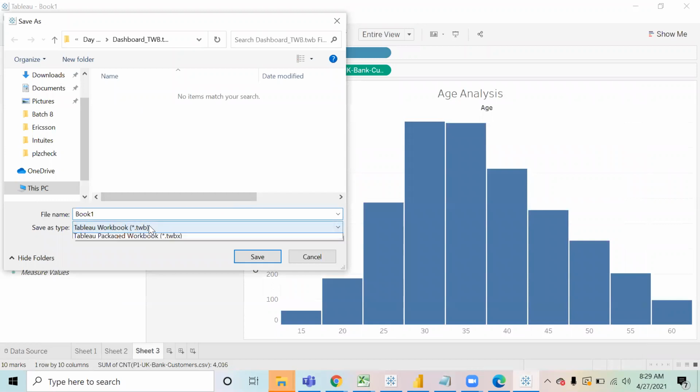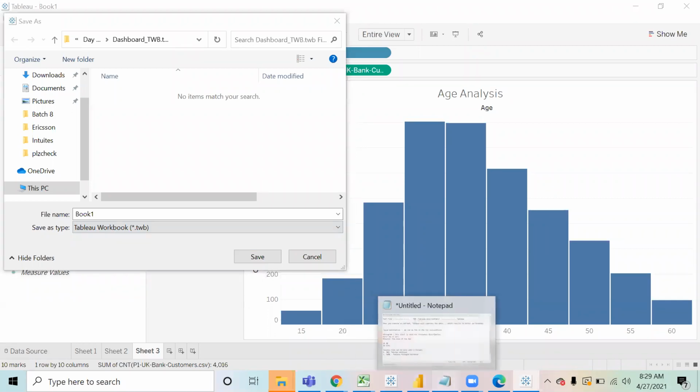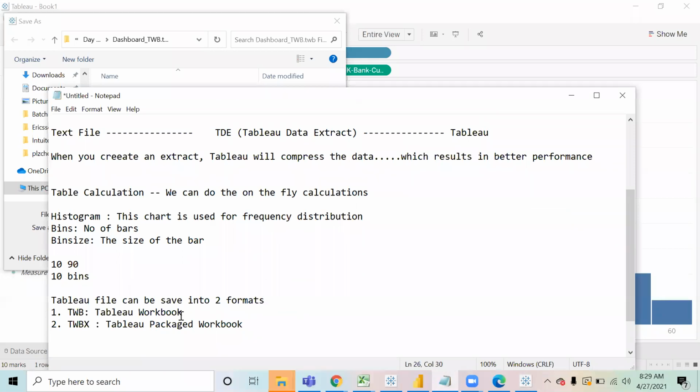If you click on this type, TWB or TWBX, these are two file formats in which I can save it. Now, what's the difference between the two? We need to understand the difference between the two over here. When you save the file in the TWB file format, Tableau will save the charts, but not the data.